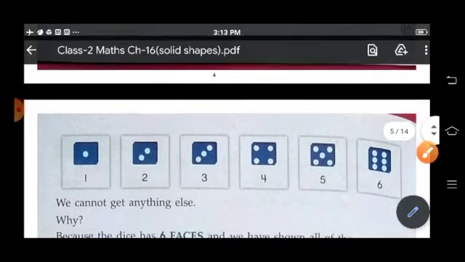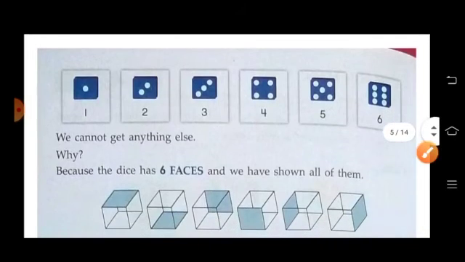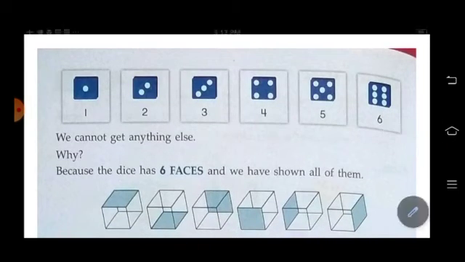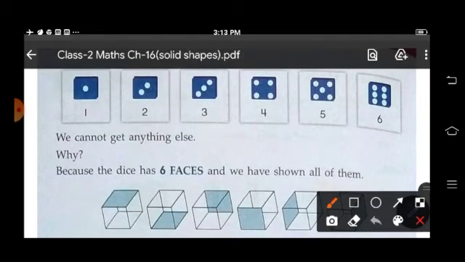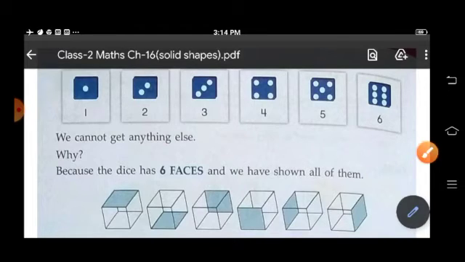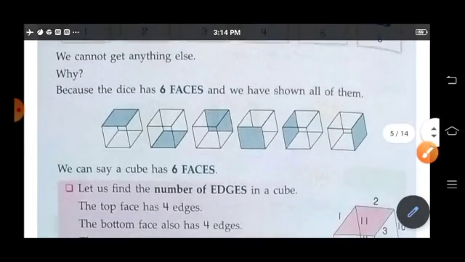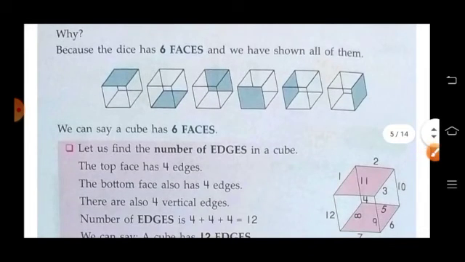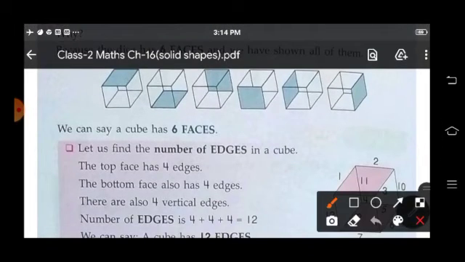Okay, we cannot get anything else. Why? Because it has 6 faces. So a cube has 6 faces. 1 face, 2 face, 3 face, 4 face, 5 face, 6 face.